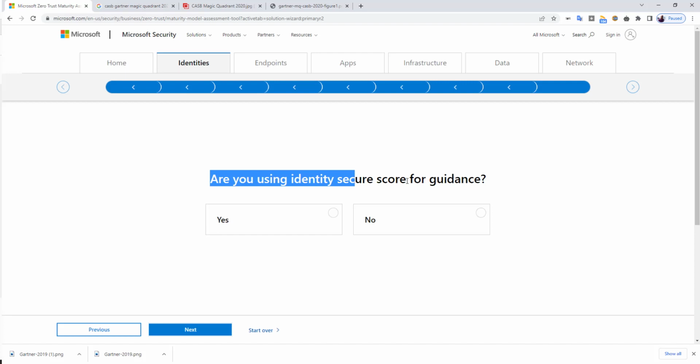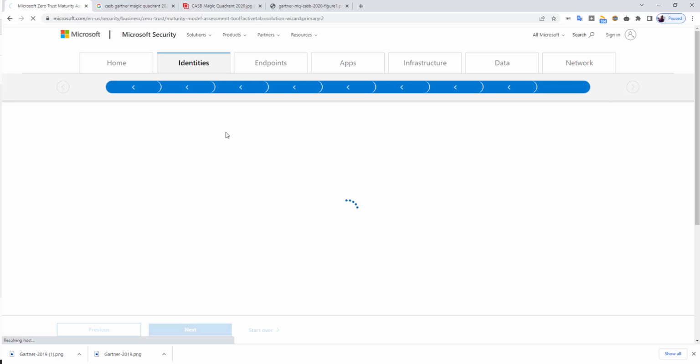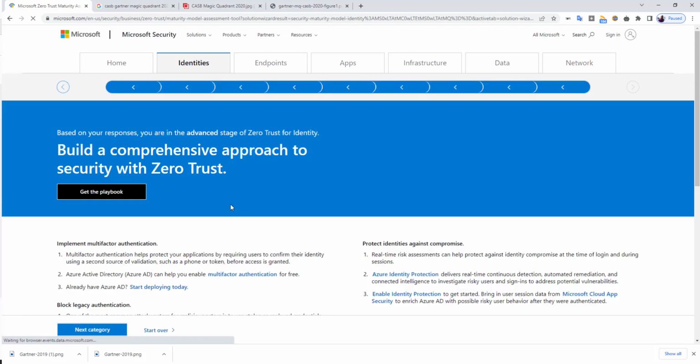Are you using global administrators? If yes, how many people do you have with the global administrator role assigned? Questions like these will be addressed and you will get one single snapshot, an overview of the security posture of identities, with that secure score. Okay, so I'll click yes here and I will hit next,